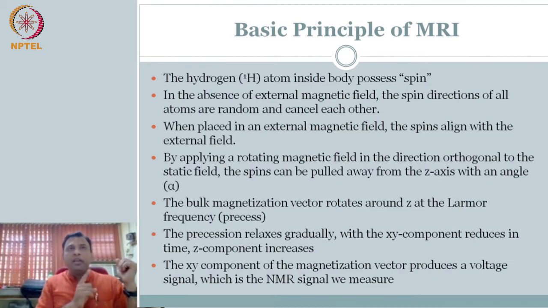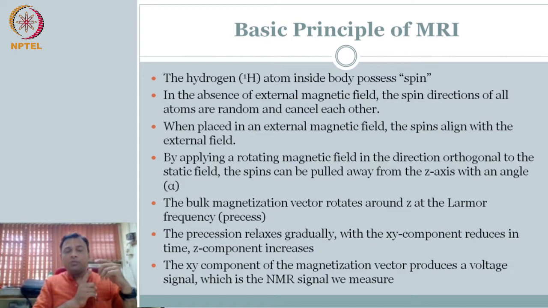Anytime something is spinning about itself, what do you have? You have angular momentum, right? Protons have mass, so when something spins, there is angular momentum to it. And of course, we also added that these happen to be positively charged. So when a positively charged particle spins, we talked about thinking of it like a current in a loop, and therefore there is a magnetic moment, that vector that we drew yesterday.